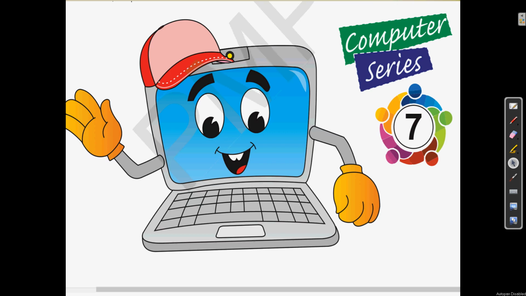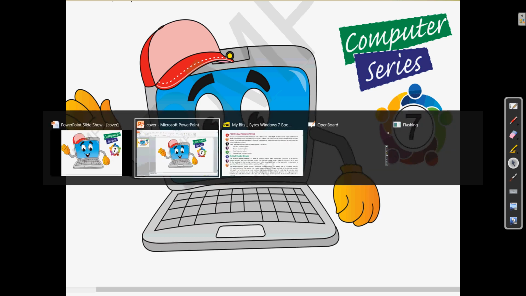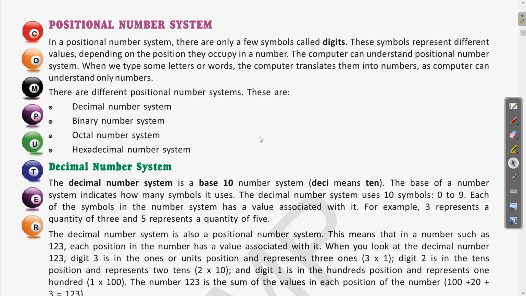So I hope all of you are doing well, and in the previous classes we have already started the number system. So before moving further, let us have a revision of what we have covered so that you can relate with that. Okay, so let us come to our textbook. In the previous class we have seen the different types of positional number systems. In that we have seen decimal, binary and octal. Clear? So till octal we have covered the things.